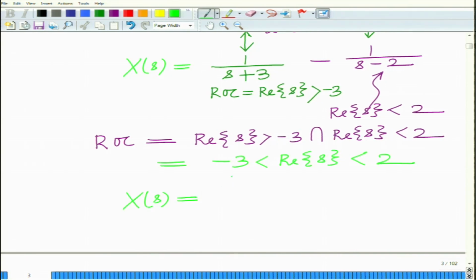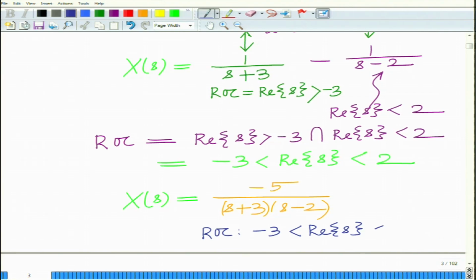Therefore, X(s) is equal to s minus 2 minus s minus 3, that is minus 5, divided by s plus 3 into s minus 2, and the ROC for this is minus 3 less than real part of